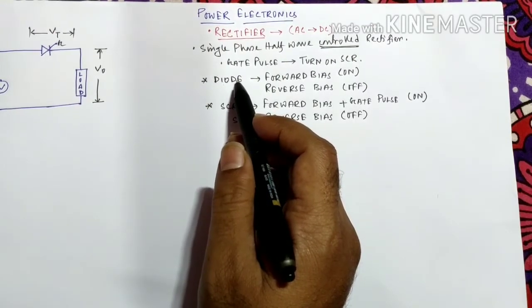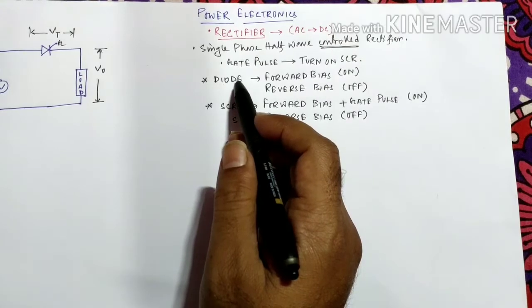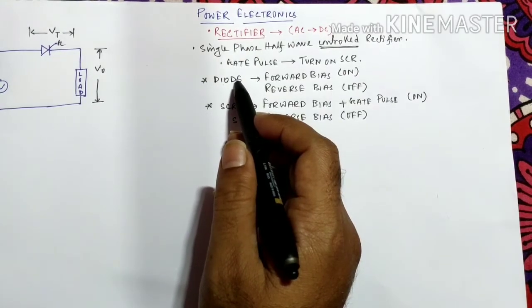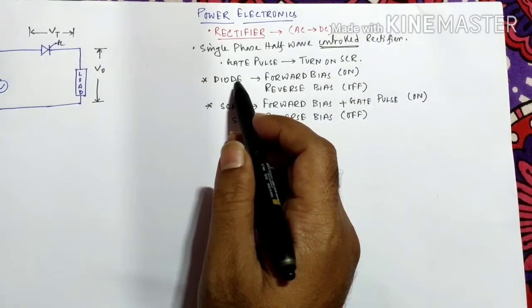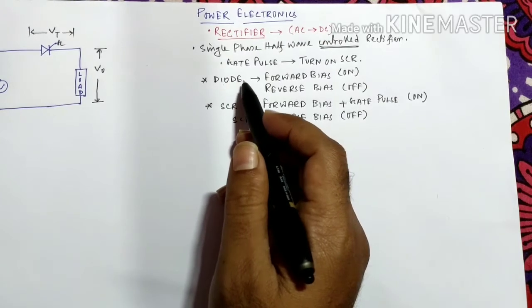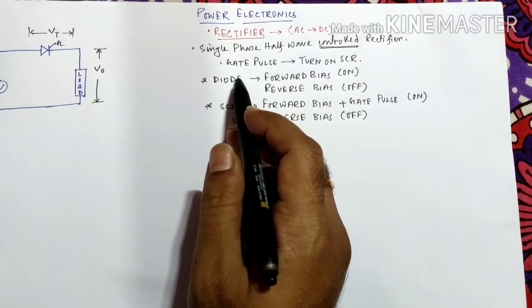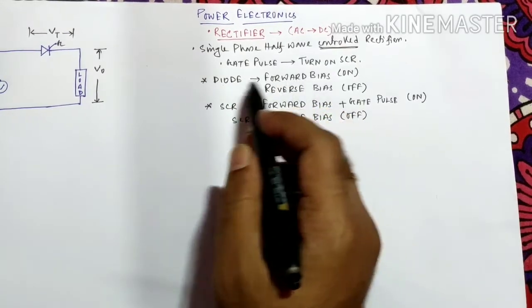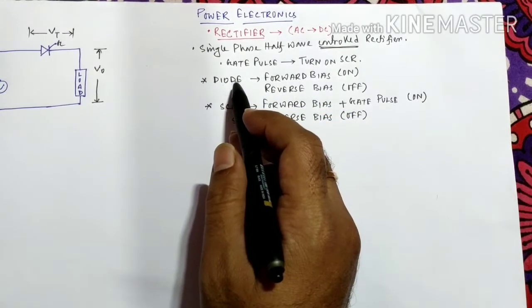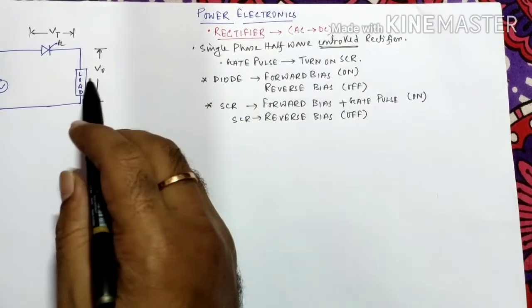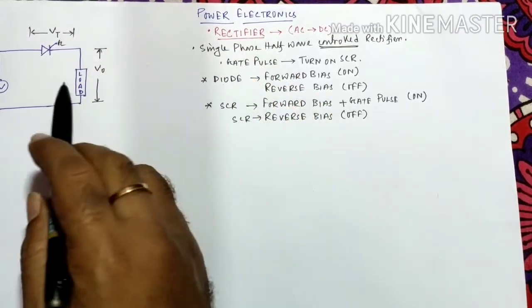You might be thinking, even if it is forward bias, I need to provide a forward biasing voltage that is at least greater than 0.4 volt or 0.7 volt in case of germanium and silicon. So that is a different story, but remember I am talking here about an ideal diode. So whenever we apply forward bias, the diode basically gets on. But if I replace the diode with the SCR, then what will be the difference here?